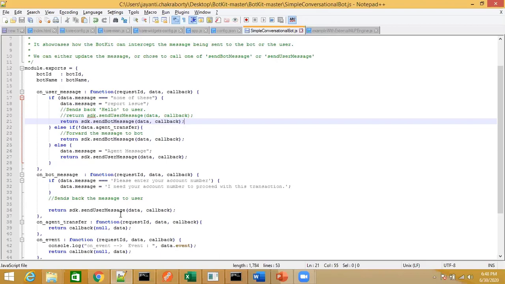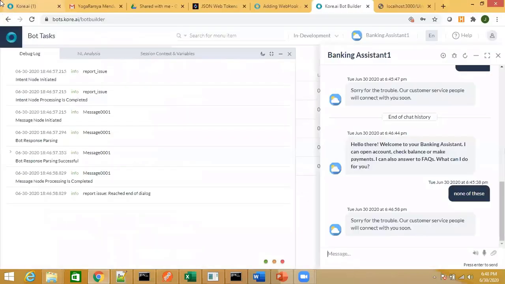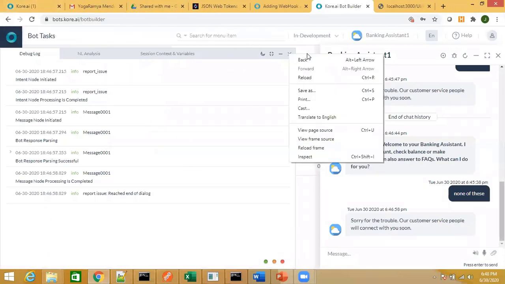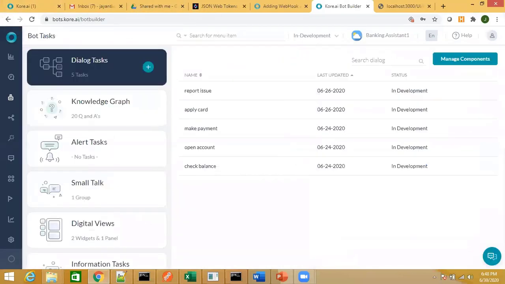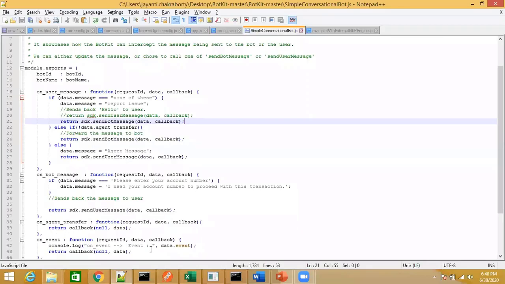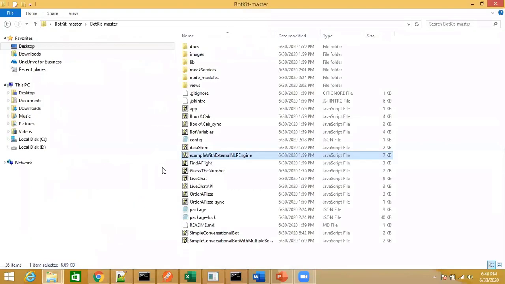The next thing that I will explain to you all is how you can integrate your agent transfer. In order to integrate the agent transfer, you need the bot-get layer over there. And one more file I would like to show you all before I go to the agent transfer.